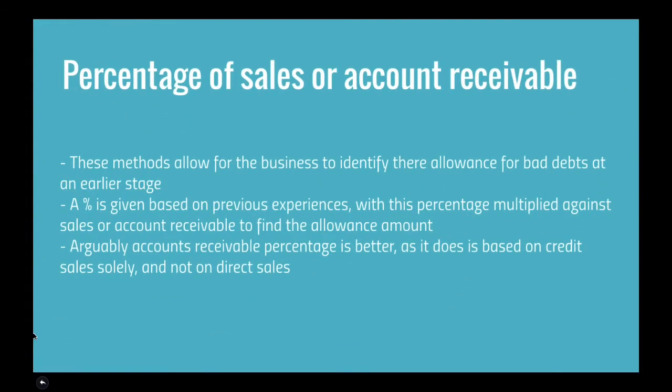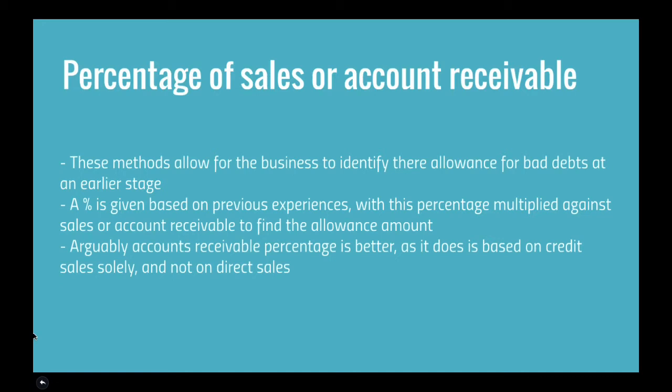So here's our second method. This method is the percentage of credit sales or accounts receivable. This method allows the business to identify their allowance of bad debts at an earlier stage than normal, meaning that they have some heads up and expectation coming into the financial year. So what happens here is an estimate is given based on the previous experiences, with this percentage multiplied against credit sales or accounts receivable to find the allowance amount and then be able to be written off at the end